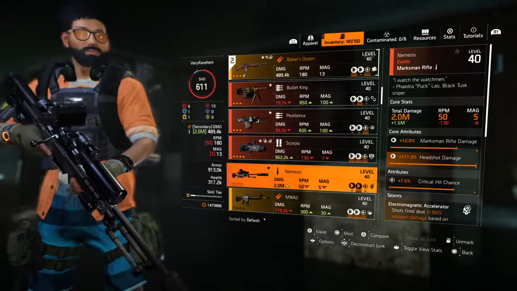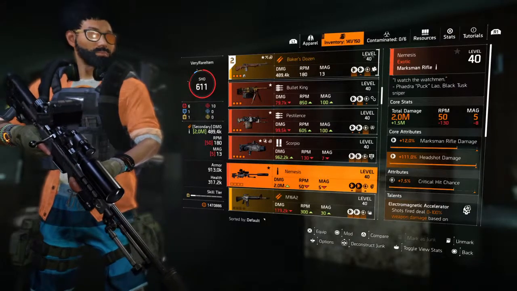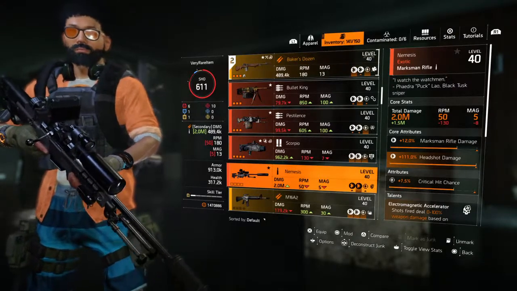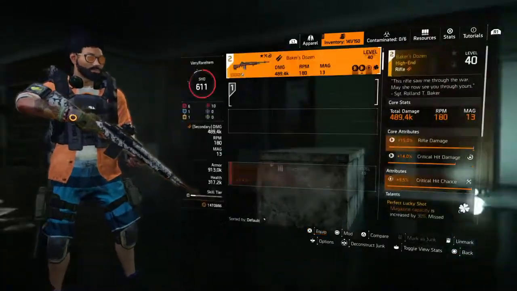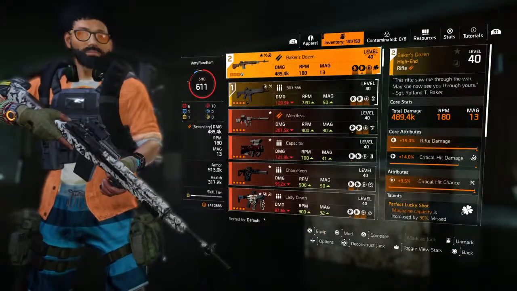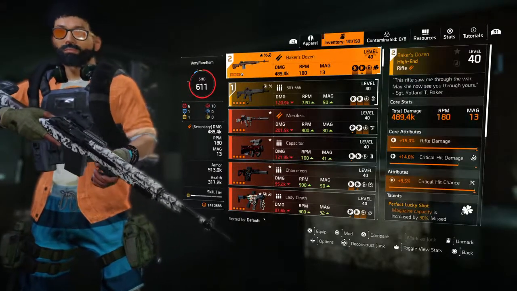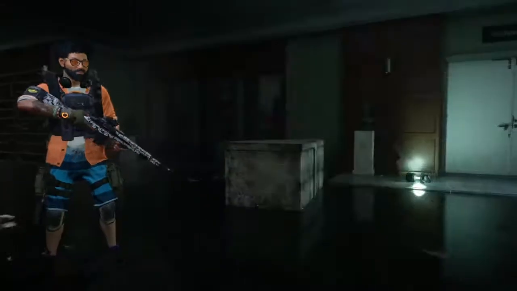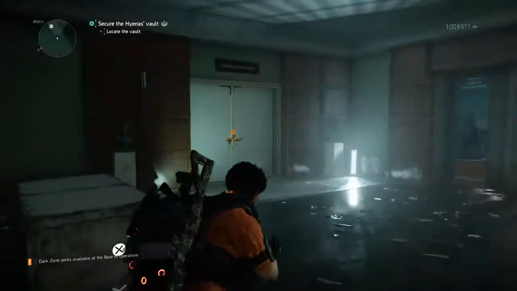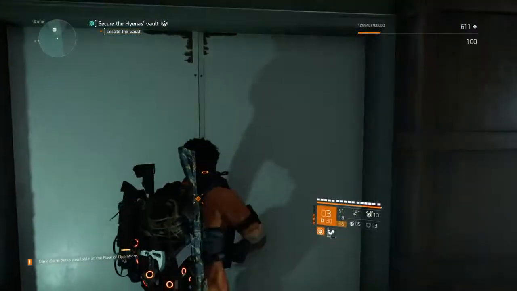It deals the maximum damage you can think of, but as you can see, the RPM is really low. The magazine size is also really low. So I kind of stop and switch to a rifle which has a pretty good range. And if you find Baker's Dozen, you get like half a million damage already with crit damage and crit chance. You actually get a pretty decent